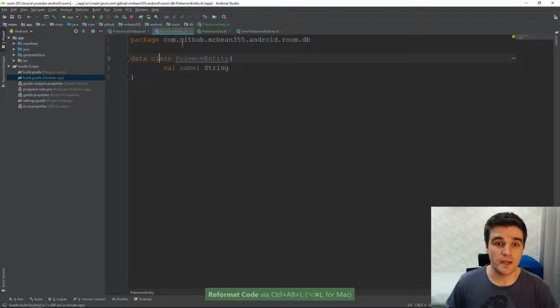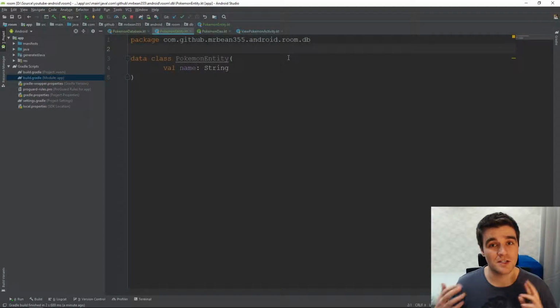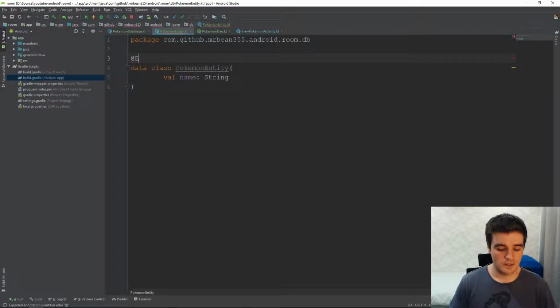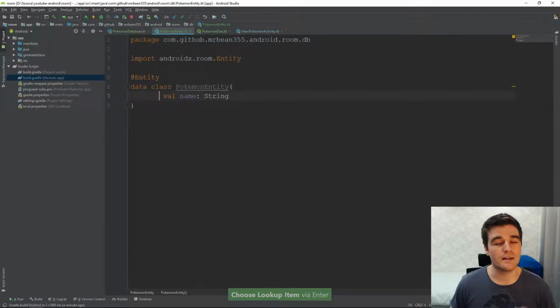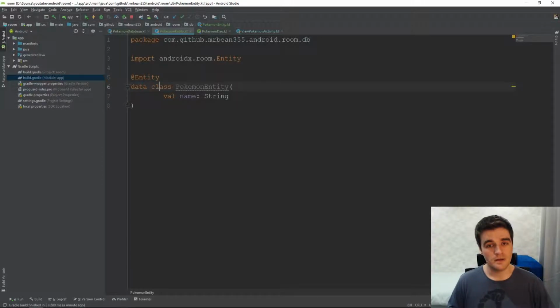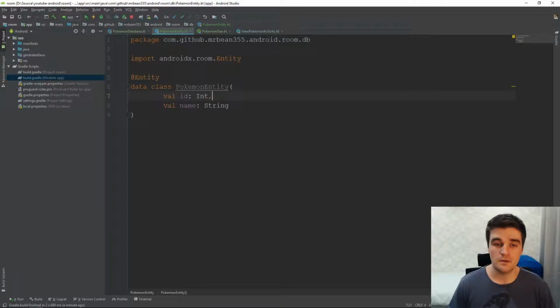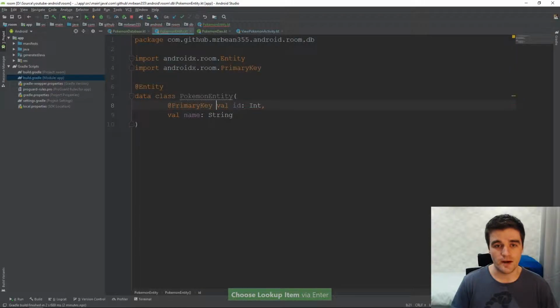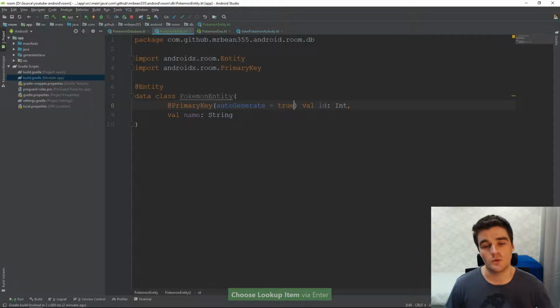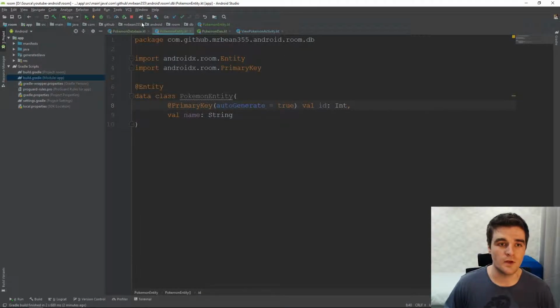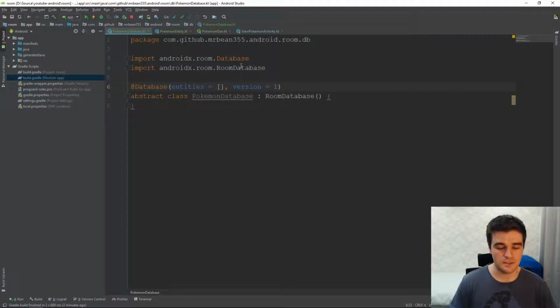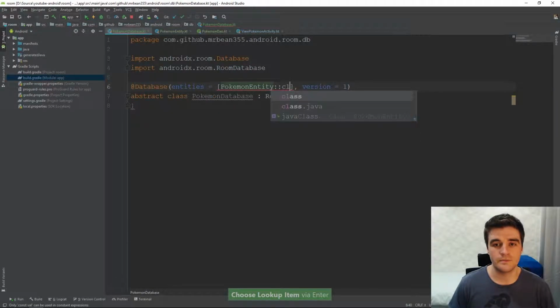Alright, let's take a look at the entity class here. So it's pretty much just a normal class, which we annotate with @Entity. And then in here, we add the fields we would like to store in the database. As you can see, I've got a name field for the Pokemon already. But now I just need to go and add a primary key to uniquely identify each item. And then we annotate that ID field with @PrimaryKey, and we can also say please generate these IDs for me because I don't really want to worry about it. Cool, and then we go back to the database, and in our entities list here we add the Pokemon entity